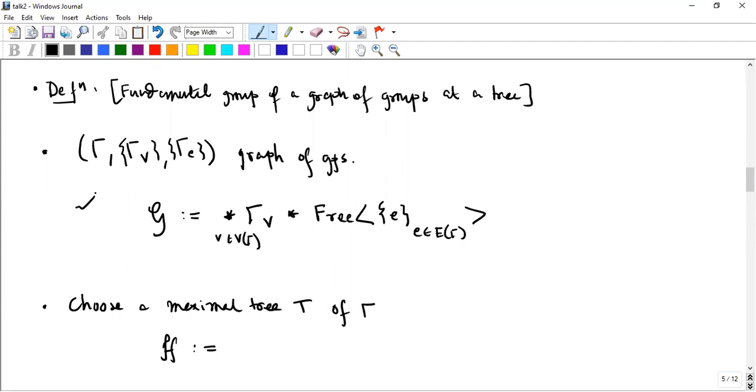so basically the picture for this one is you take, say, any graph of groups, and you're taking the free product of all of these things, GV1, GV2, GV3, and a free group, and you're throwing in some new generators for each edge, right? E1, E12, E23, E13. Okay. Now, after choosing a maximal tree, I'm saying you have the following subgroup, which is generated by the free group on, yeah, so I should just say it like this, generated by all the edges in the tree,